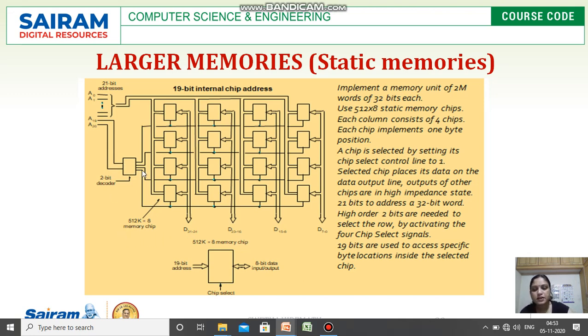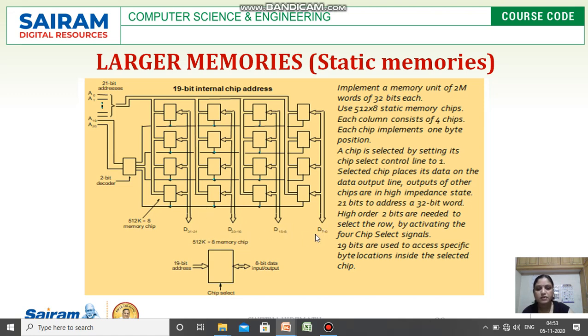Here this is the 2-bit decoder, and this is the 21-bit address. First we transfer the address based on the decoders, and once it has been decoded to that particular area, the address is assigned and the values are read from that area.